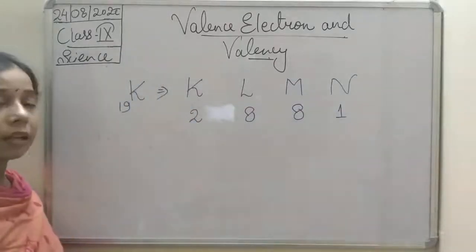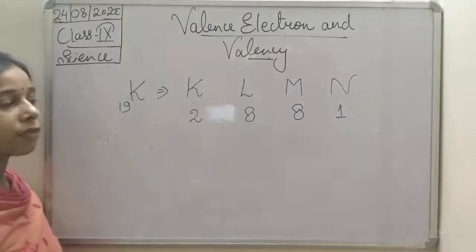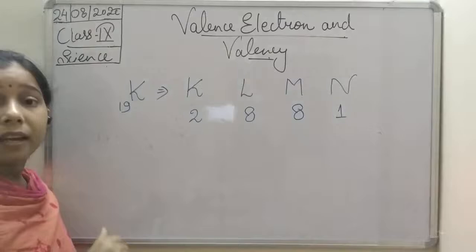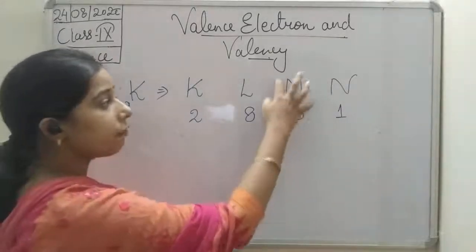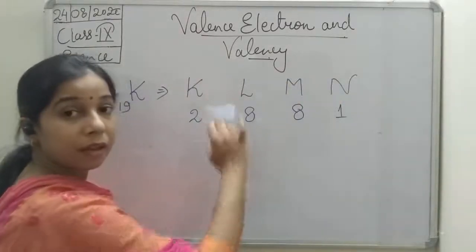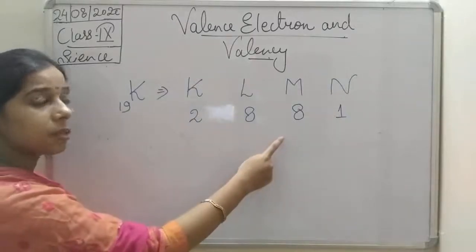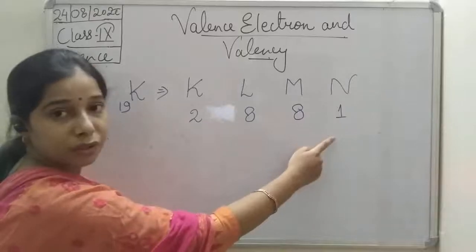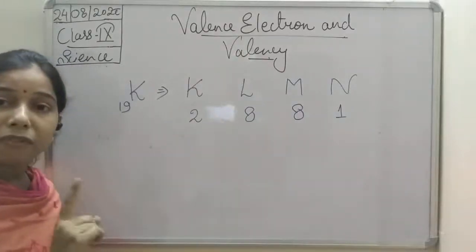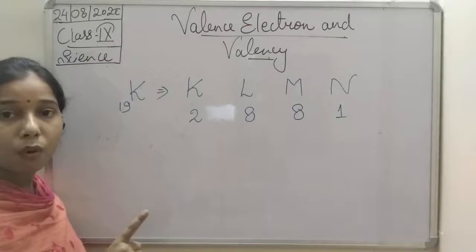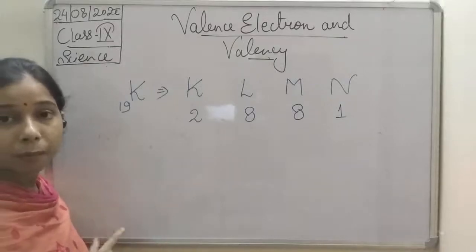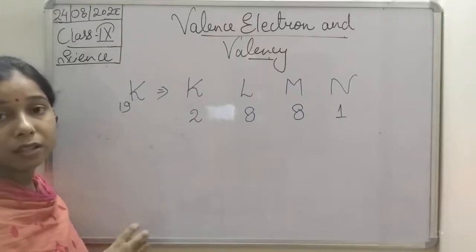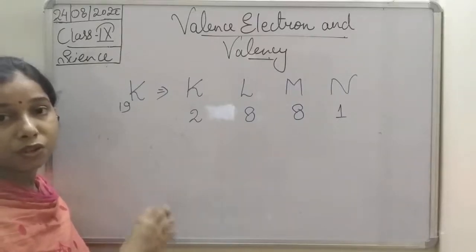So 1 electron will enter into the N shell. Why does it happen that after 8 electrons, electrons start entering into the N shell? It is because as it fills the 8 electrons, the energy level of this particular orbit increases compared to that of the N shell. And we know the first rule of the set of rules given by Bohr and Bury: electrons always enter into the minimum energy level.